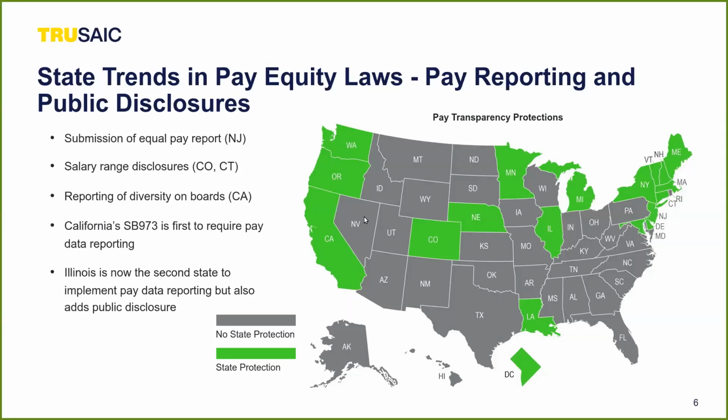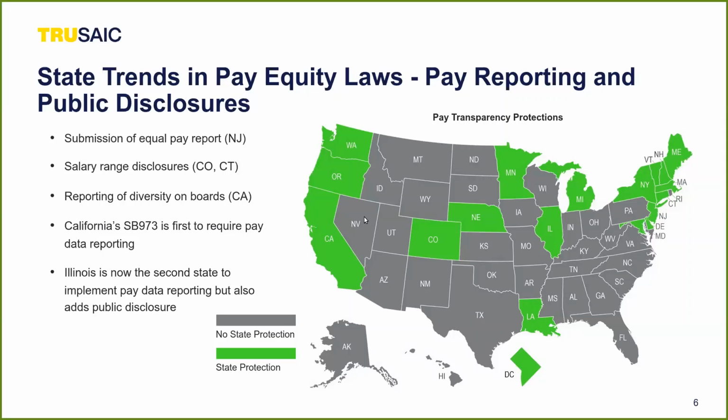And in particular, you can see that on both coasts, the Northeast, the West, and even in the Central and the North Coast, we're getting stronger and stronger pay transparency laws. And along with that are coming strong pay equity laws, strengthening what we have at the federal level. So in New Jersey, for example, employers are required to submit equal pay reports. There are salary range disclosures for Connecticut and Colorado, reporting on diversity on boards in California, and California has now brought back that component 2